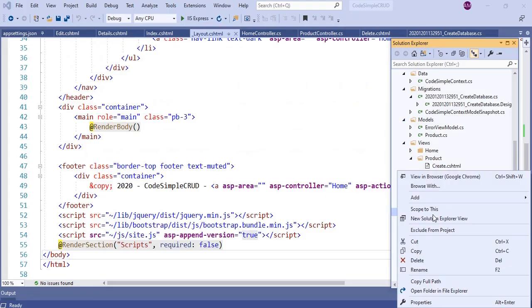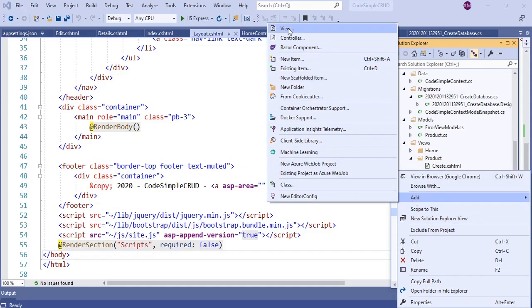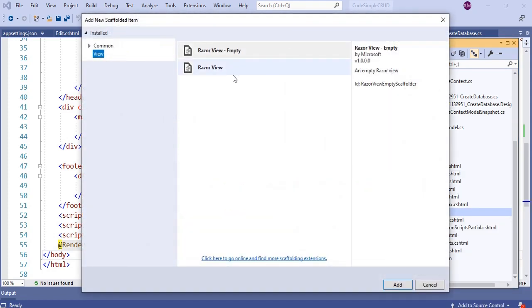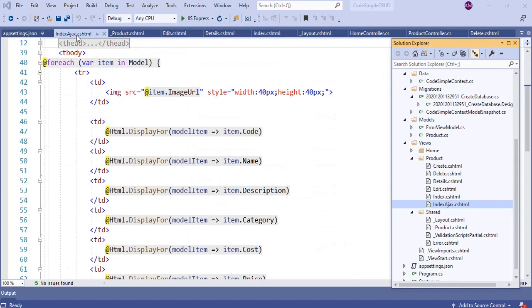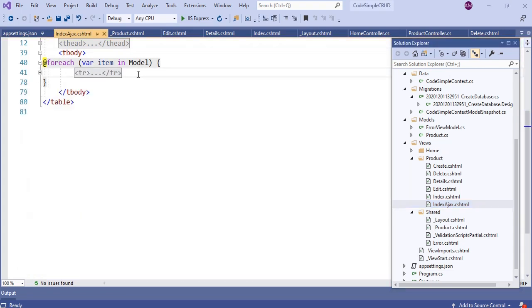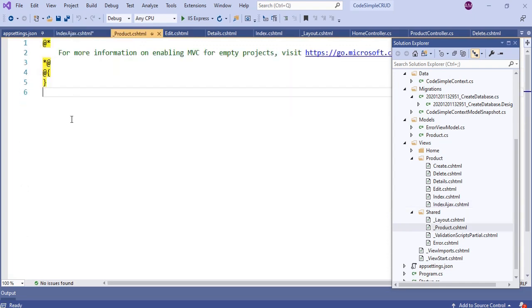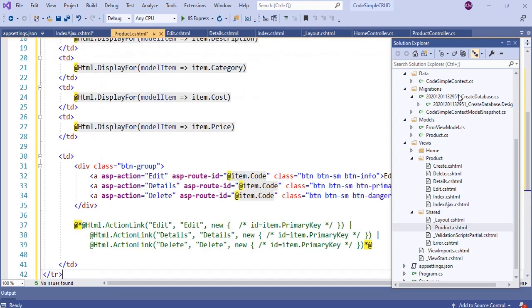Select the Shared folder and create an empty partial view and name it _Product.cshtml as shown. Now open the IndexAjax.cshtml and collapse the tr row tag inside the foreach loop. Then cut the collapsed tr row tag and paste it into the _Product.cshtml.